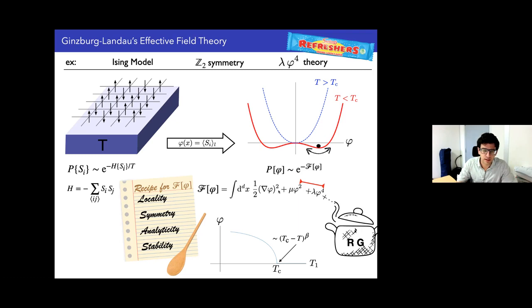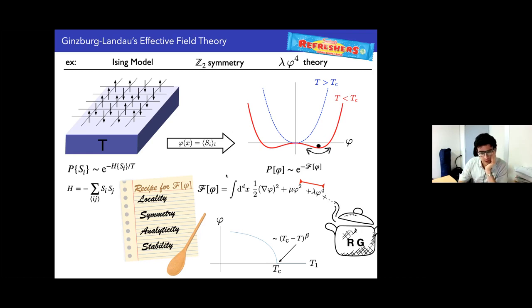Then he's telling us it should also be analytic. The free energy density should be analytic in the field and the first gradient of the field. So this expansion involves integer powers of phi: phi squared, phi 4, etc. And to finish, a stability rule that tells us you should have a confining potential, which makes your theory stable and your math well defined.